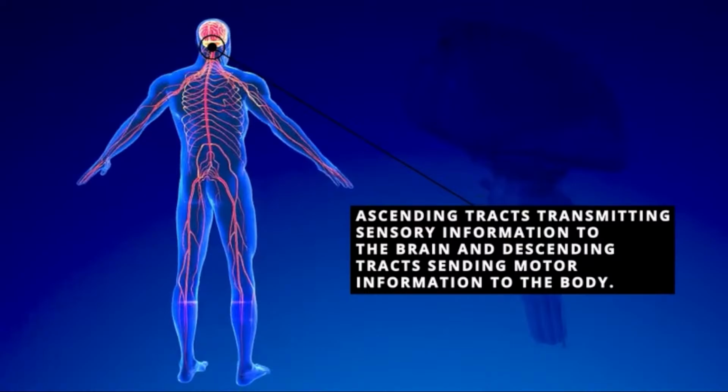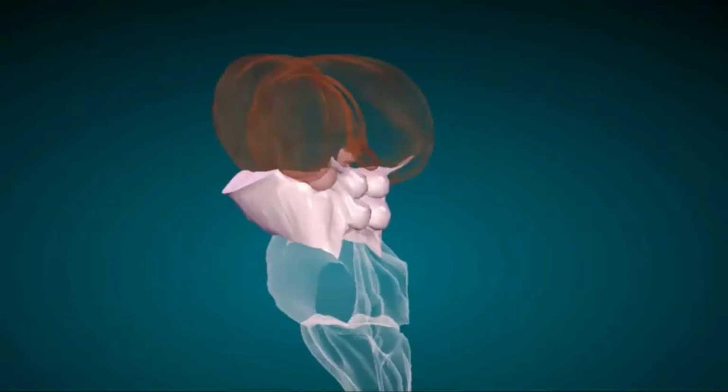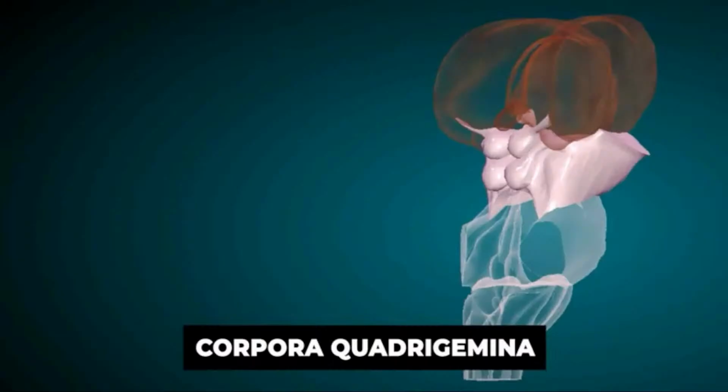Components. The brainstem can be divided into 3 main structures, each with specific features and functions. Midbrain or mesencephalon. The most superior portion of the brainstem, the midbrain, is located beneath the thalamus and above the pons. Prominent structures include the cerebral peduncles, which contain motor and sensory tracts, and the corpora quadrigemina, composed of the